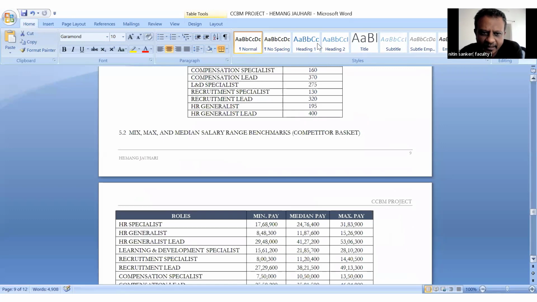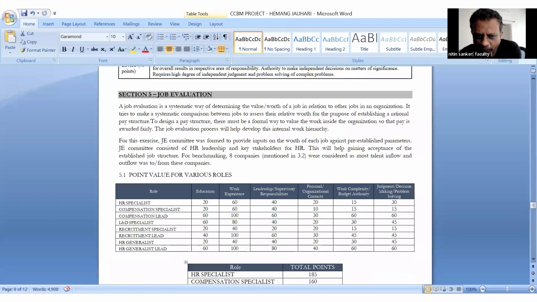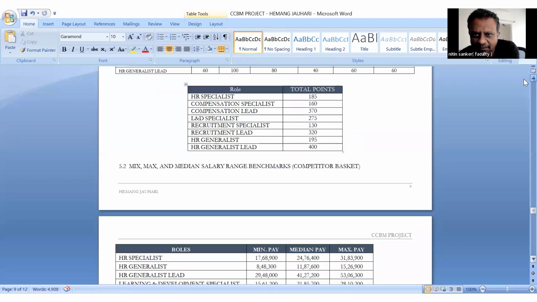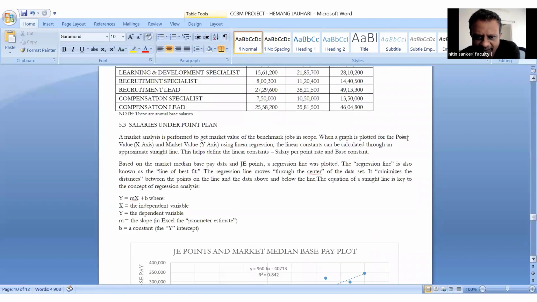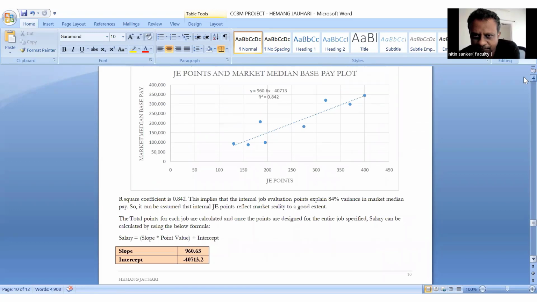And then obviously I would take each role and look at the weightage for each, and total points based on all the factors. For example, for HR specialists, these are the factors and these are the weightages, whereas for this role this is the weightage. So I get a total numeric number here, and using a point bracket, I get the total points for each job. Based on these points, I fix the salary range using the linear method of regression.